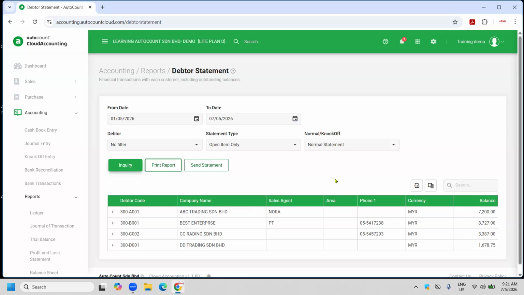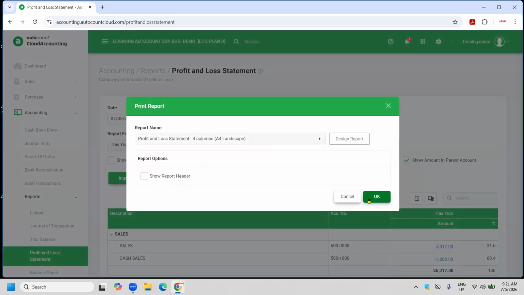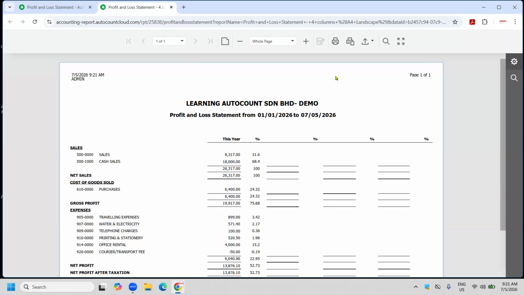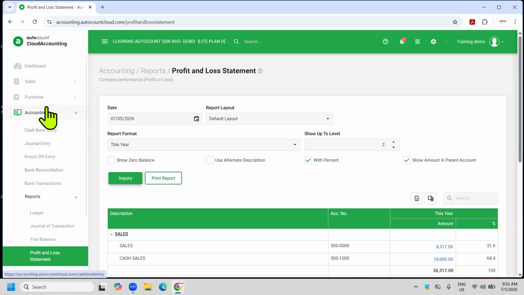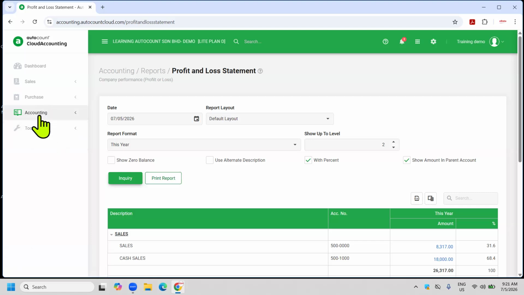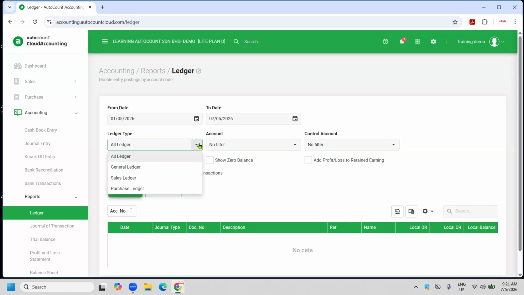Okay, now bear in mind all the reports can be exported to Excel worksheet. Even just now the profit and loss account, inquire, preview. If you just click it over here, then you can see that there is an export all reports. All right. Now let me show you your ledger. How does the ledger look like? Okay, we just go back to accounting reports ledger. So here you can print out your general ledger, your sales ledger,